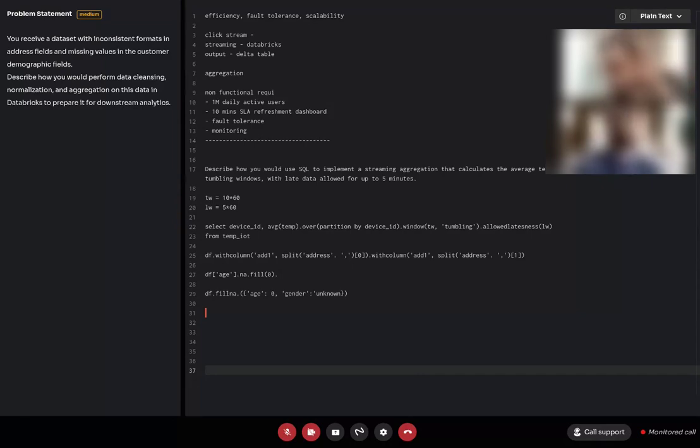The question is, you have to build a data model for a customer analytics platform, and the requirement is that they need to support fast retrieval of recent activity and efficient historical analysis. I'll just copy paste the question here so you can see it easily.